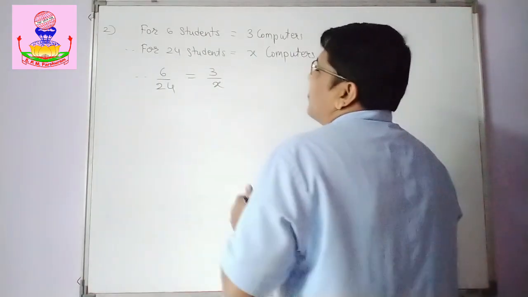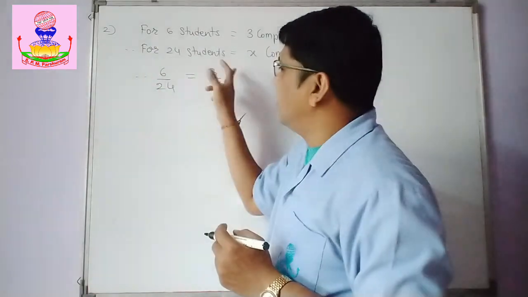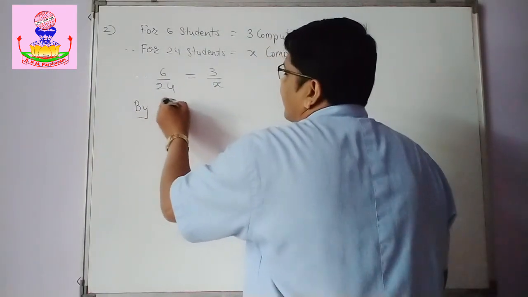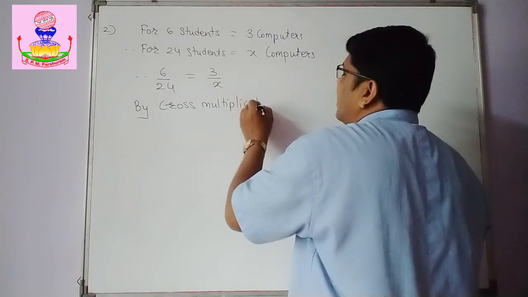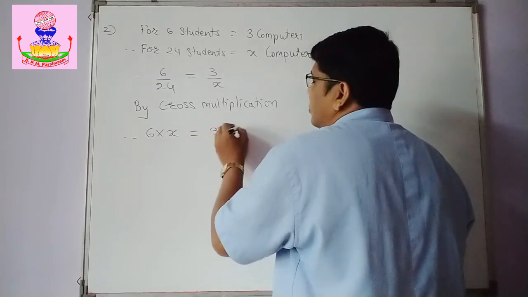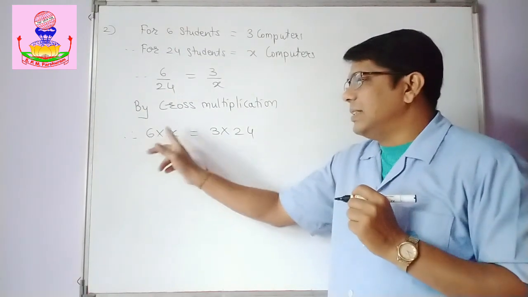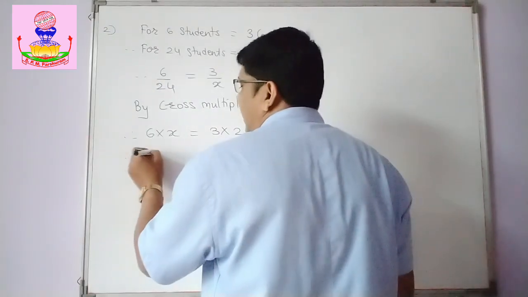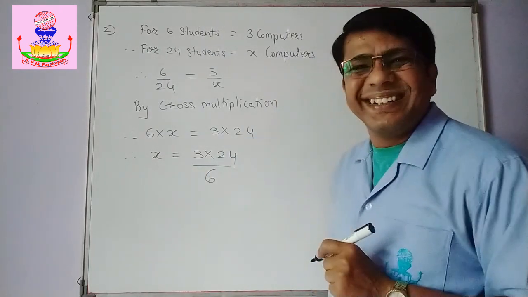Right? Okay. Now, you can use the method of cross multiplication. Bring this X here, bring this 24 this side. That's better. So by cross multiplication, this is another way I am showing you. What do you get? 6 into X is equal to 3 into 24. Steps are minimized. Now, this is multiplication here, so the opposite of multiplication is division. Therefore, X is equal to 3 into 24 upon 6.